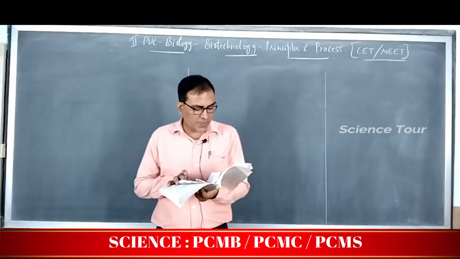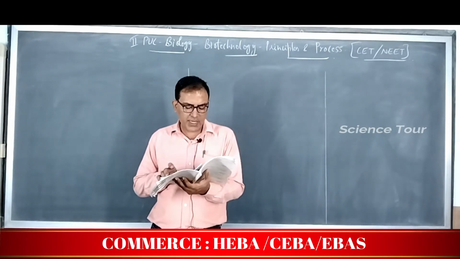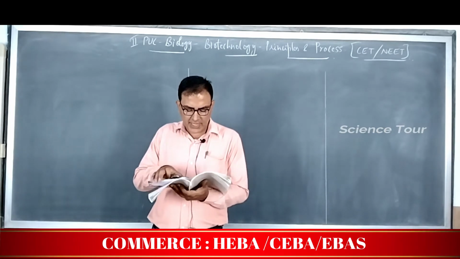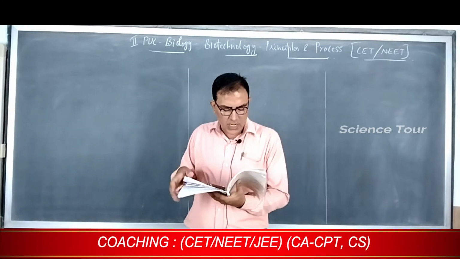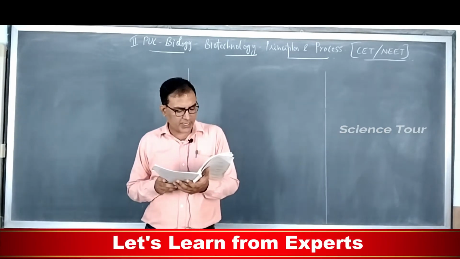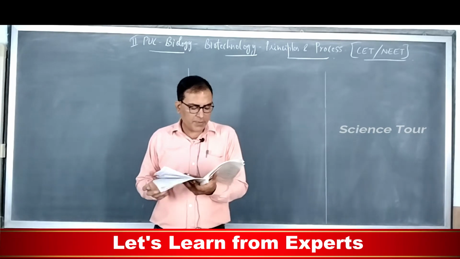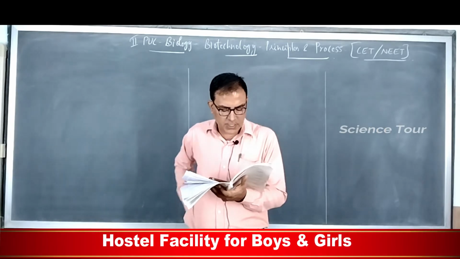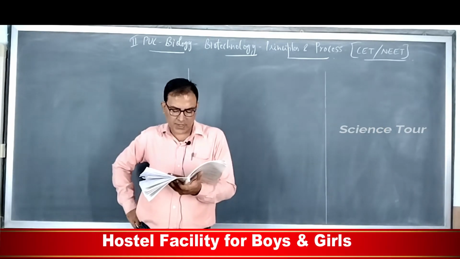Next we will move to question number 16. A bacterial cell was transformed with a recombinant DNA that was generated using a human gene. However, the transformed cells did not produce the desired protein. Reasons could be very simple, because the human genes may have introns which bacteria cannot process, option 1.